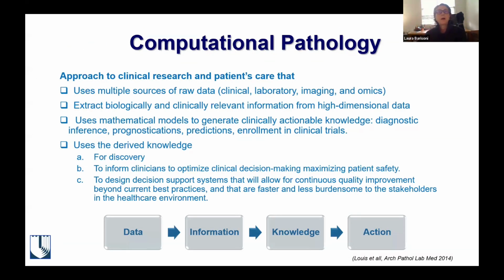So computational pathology is a science that really helps us to do all this. It's an approach to clinical research and patient care that uses multiple sources of raw data, clinical, laboratory, imaging, omics, extracts biologically and clinically relevant information from these high-dimensional data, and uses mathematical models to generate